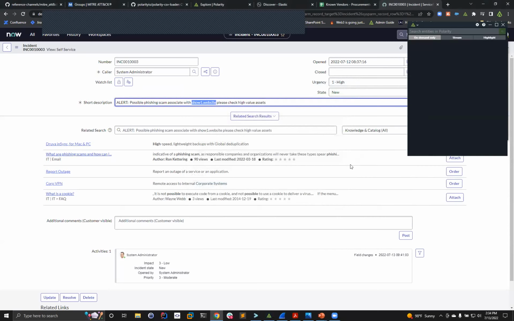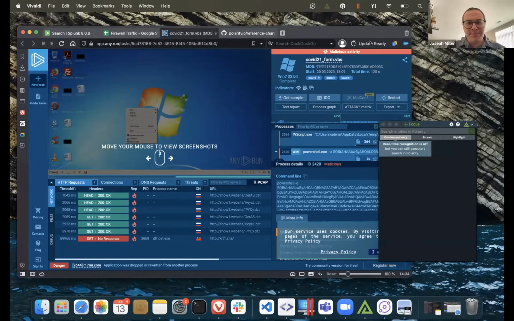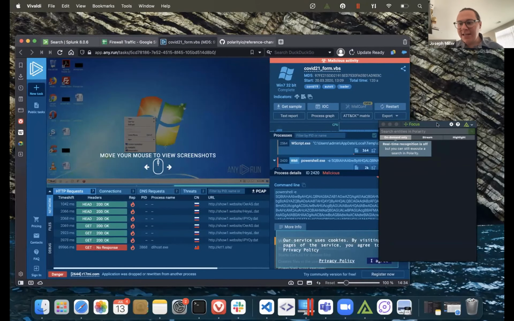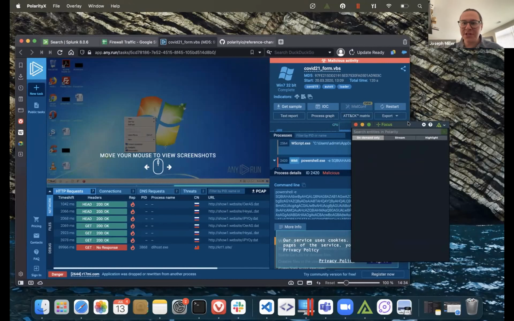So now that information is in Polarity, and those channels are available to anybody that wants to subscribe. And I'm going to stop sharing here and hand it over to Joe to show you how that information appears in the overlay window. Thank you, Ed. Bear with me a second here. So as Ed annotated the potential phishing investigation piece in from a ServiceNow ticket,